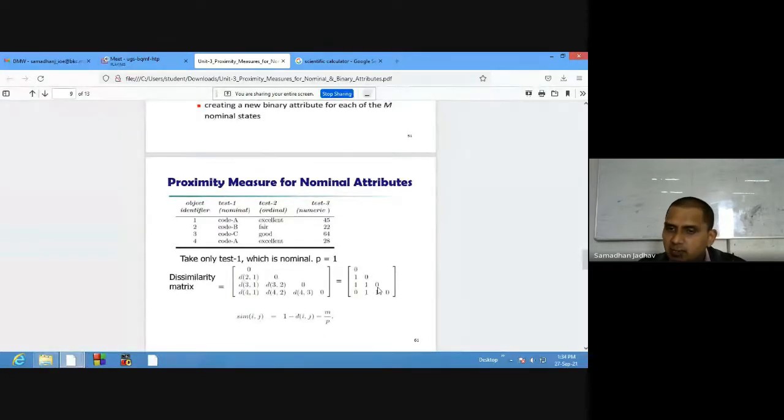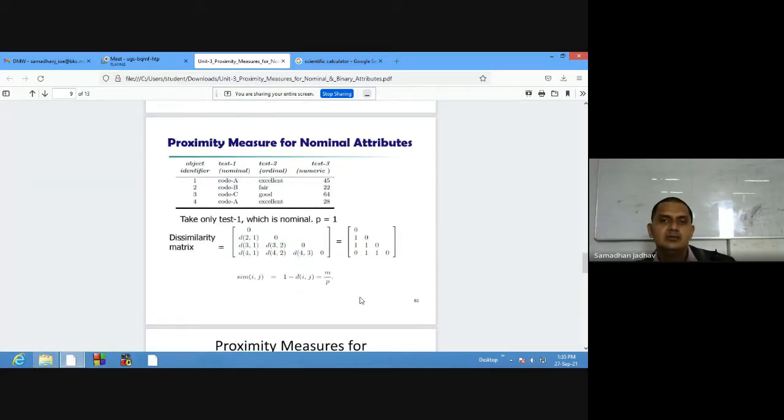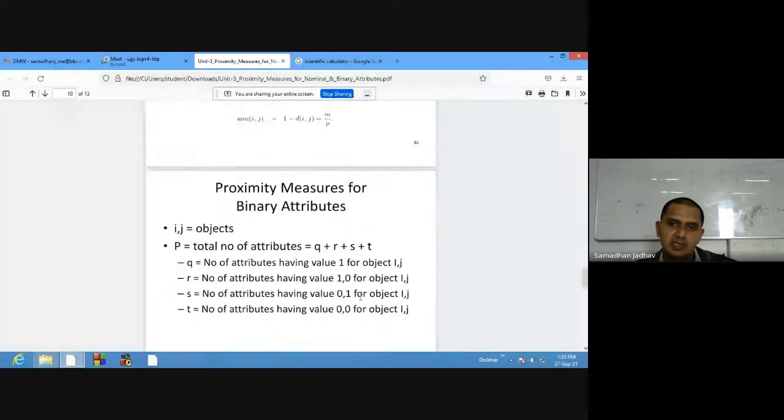So if it's a dissimilarity matrix, what will the similarity matrix be? Opposite to this. The diagonal remains 0, but below the diagonal, if the dissimilarity is 1, the similarity is 0, and if the dissimilarity is 0, the similarity is 1. So 1 becomes 0 and 0 becomes 1. So objects 4 and 1, in the similarity matrix, have 1, so they are completely similar. This is how we can convert dissimilarity into similarity values.